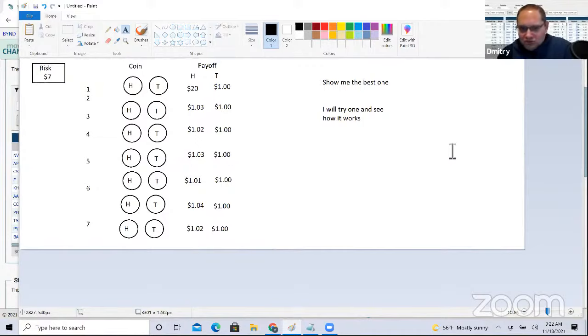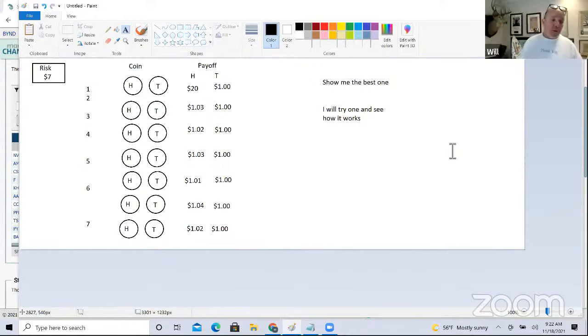What would you do? Distribute it evenly, right, just like we did before? Do you put it all on one at this point because it's clearly $20 instead of $1.03, or do you put more weight on one? And right now, let's just pretend that it's a fair game, right? There's no insider or whatever. Let's just pretend that. So what would you do?